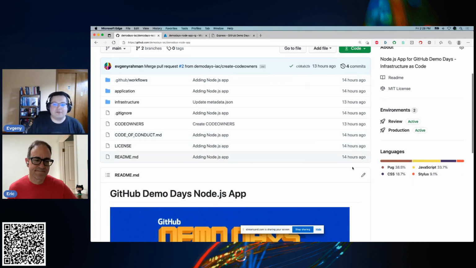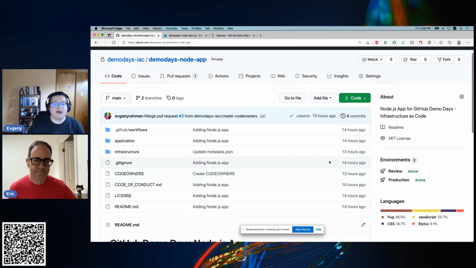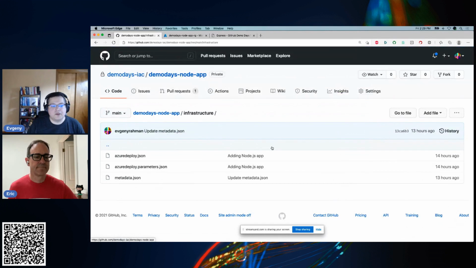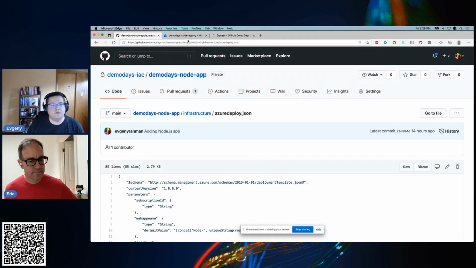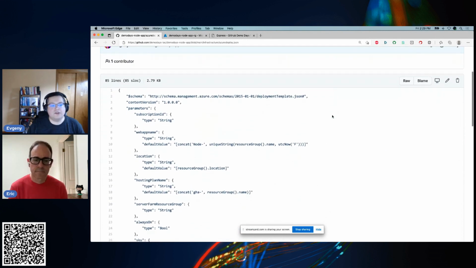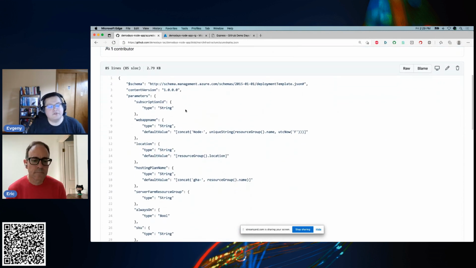So enough about the application. Let's look at how it gets out there. Jumping back into infrastructure, I'm going to show you where these pieces fit into the Azure control panel or portal in a second, but let's just look at the major elements.